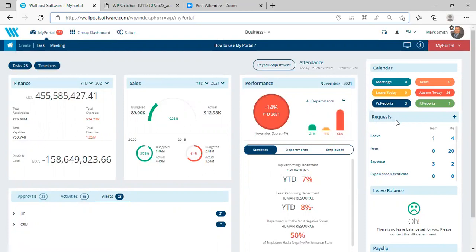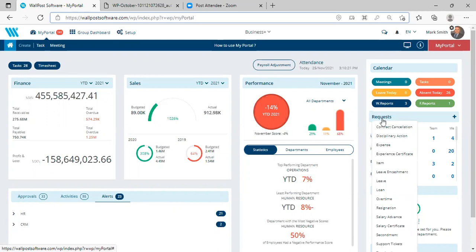On the right hand side, I have two more points to show to you. I can raise requests and approve leave requests by just clicking on this option and selecting the specific request item that I need to raise. I can click, for example, leave request, loan request, resignation request, overtime request.